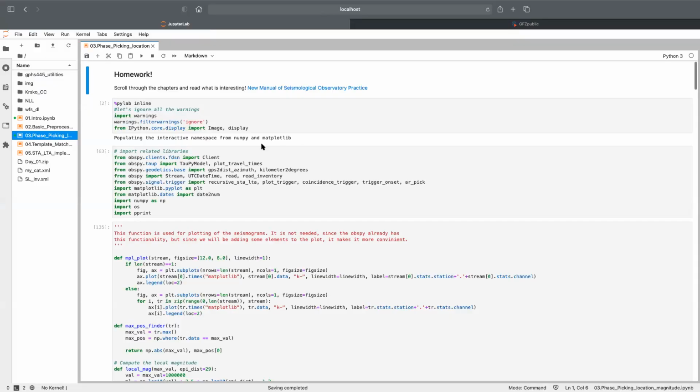So what we will do today is we will write some code and use it to pick the phases of earthquakes. We will try to detect some earthquake inside of our waveform. We will try to pick the phases. We will see how automatic detectors work. Then we will compare these picked phases with calculated phases. So if you take a velocity model, you can calculate theoretical arrival times. What else? Then we will try to calculate the magnitude of this event, and we will try to locate this